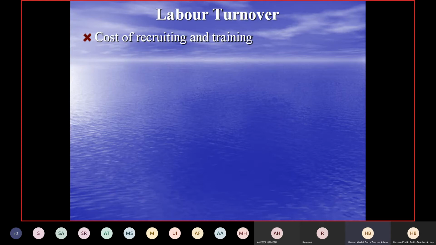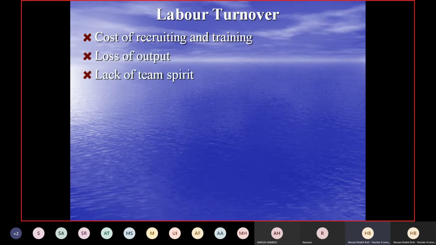Every now and then, when you have to hire workers, there is a long recruiting process. So it involves time and cost as well, and that is why it is a disadvantage. You can link it with higher cost, lower profit, or loss of production. You can do it because it's there in the AS level as well. Loss of output. So you understand this.